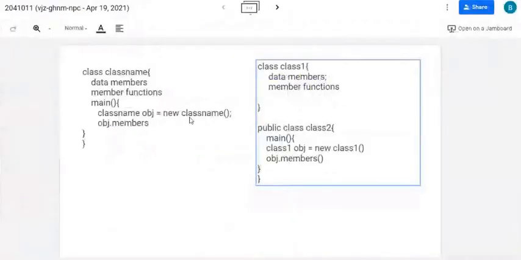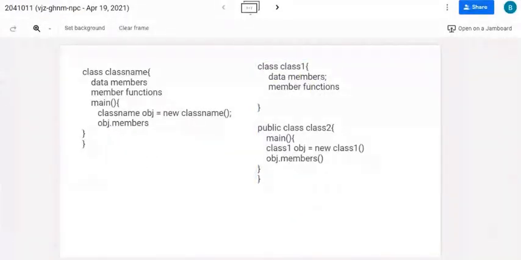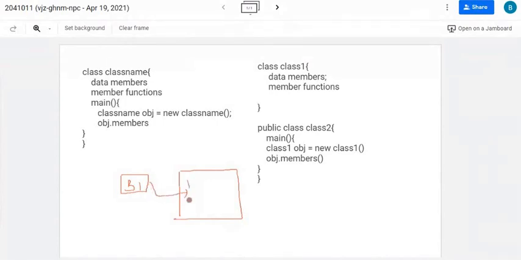I have allocated memory for B1 in some location. Using the new operator, memory is allocated for the data members, and B1 is referencing that memory where the data members will be allocated.